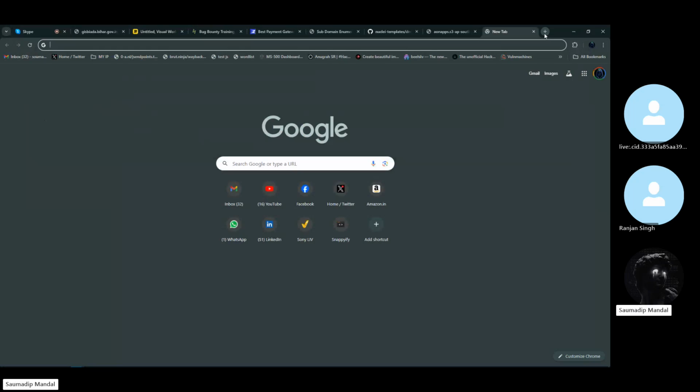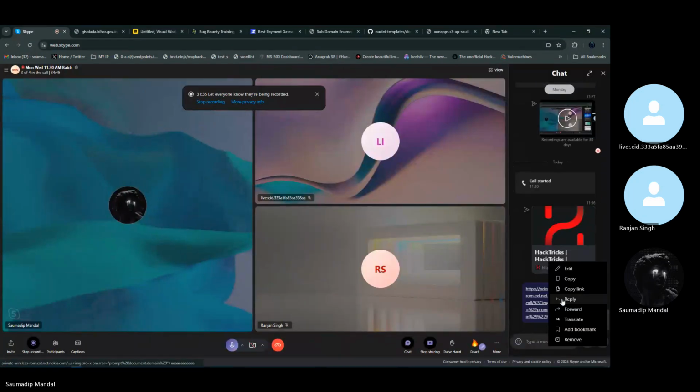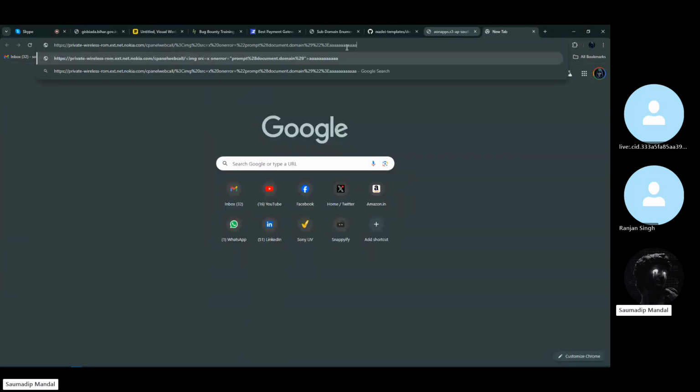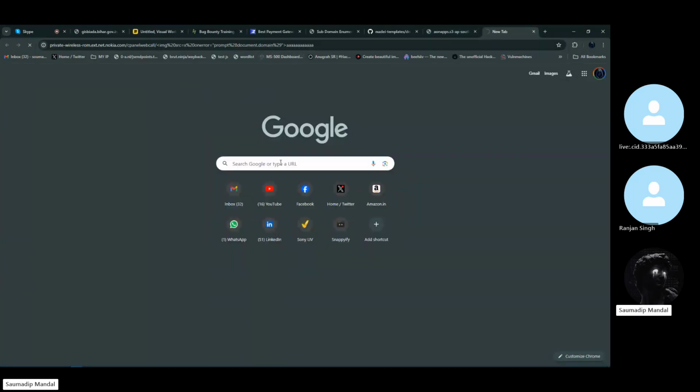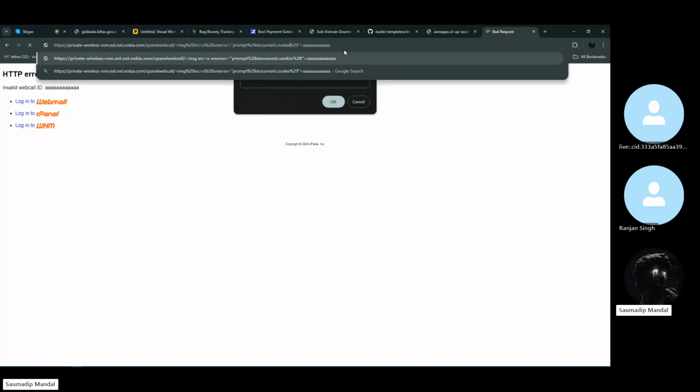I'm sharing it to the chat box. Okay, here I shared the link. So if I open the link, it will give me cross-site scripting with document domain or whatever. Like if I put document dot cookie,